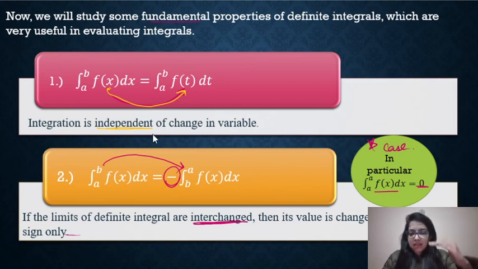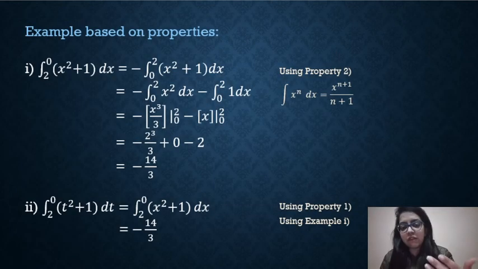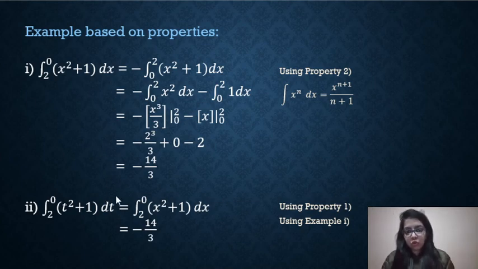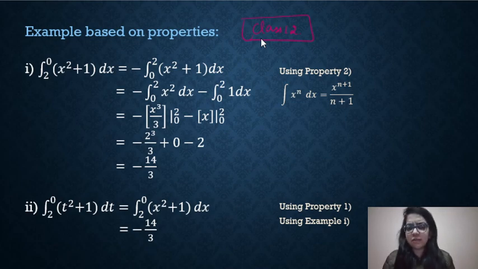Now, as I have explained two properties, I am going to discuss some examples on these two properties. I am going to go step by step like this. Firstly, I am going to discuss the property, and then I am going to give you the example based on that, so that it will give you a clear image of how we are proceeding further and how we are using it to solve the question. These are both class 12 questions, very simple, some basic easy questions to understand the concept of the properties.